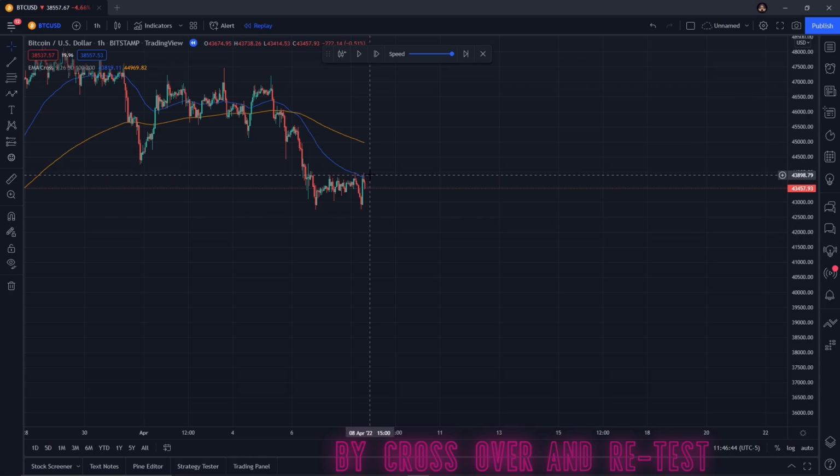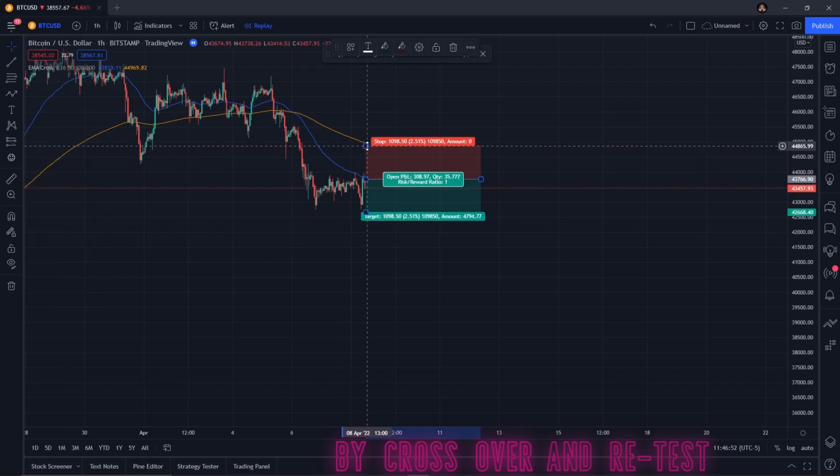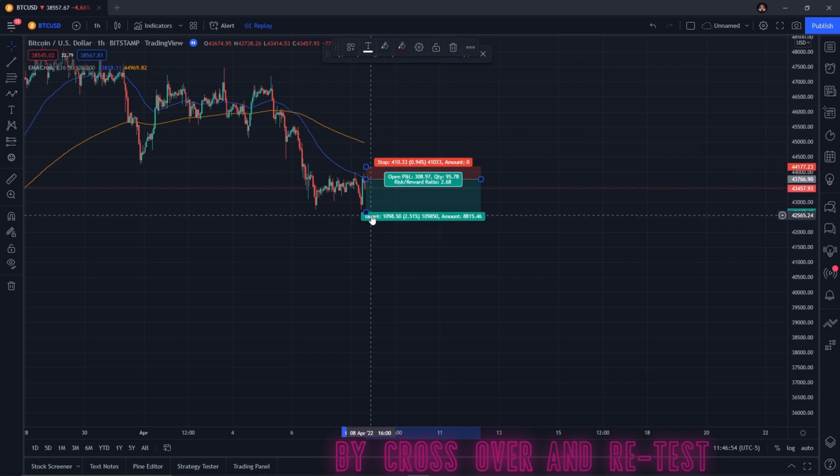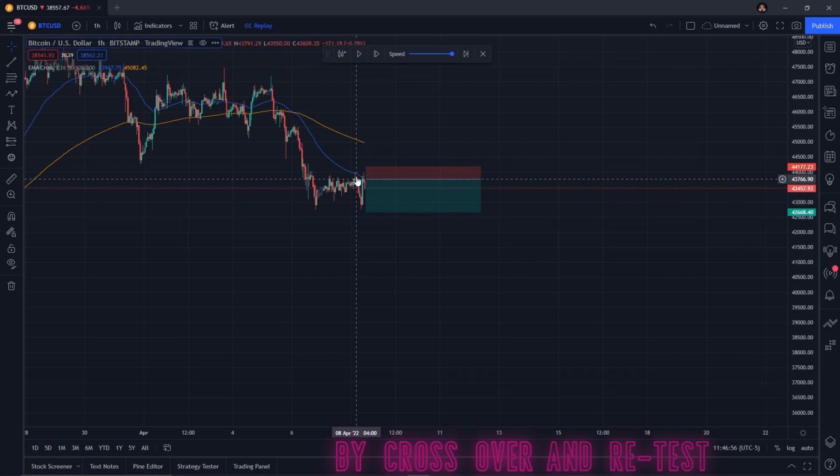So we can wait for price to come up into here and try and play this rejection test, or we could place a short right here based on this rejection test. Now we've already seen what's going to occur, so it's a little bit unfair, but that is how you would play it. So you could try and place your entry along this value here and take a short position,